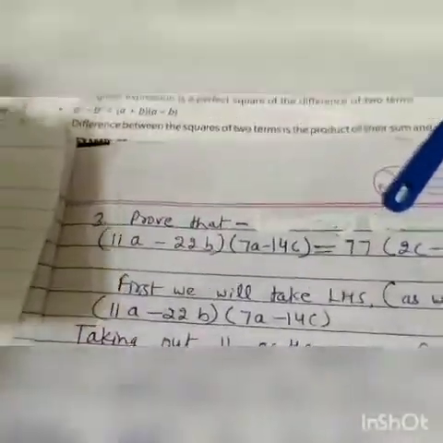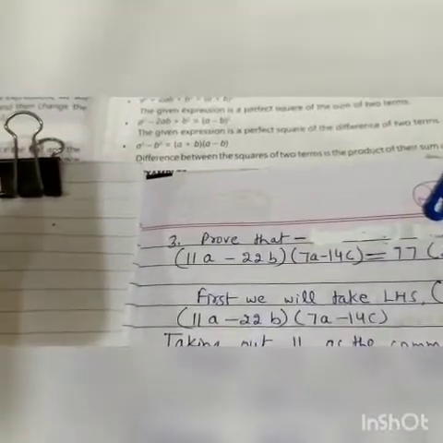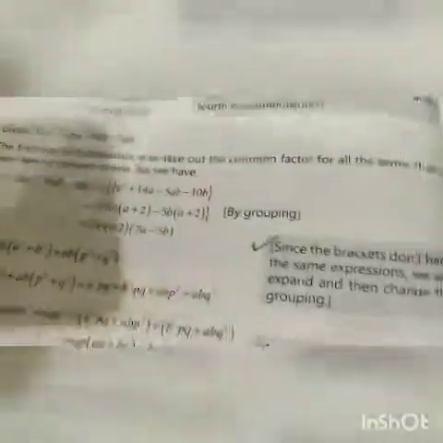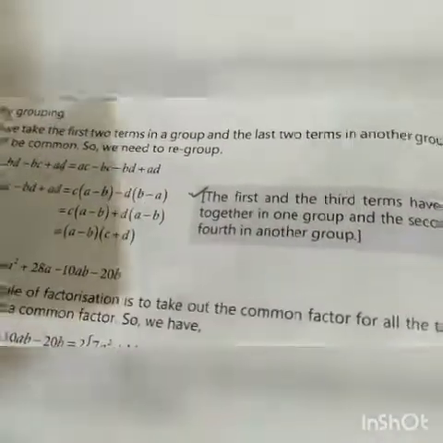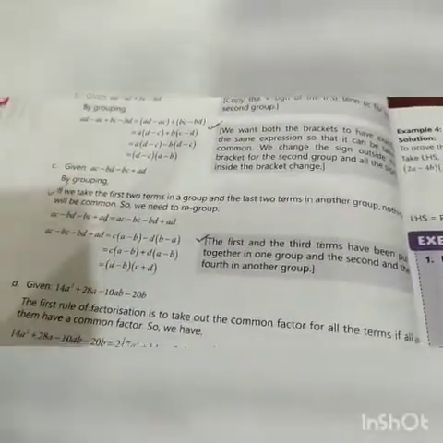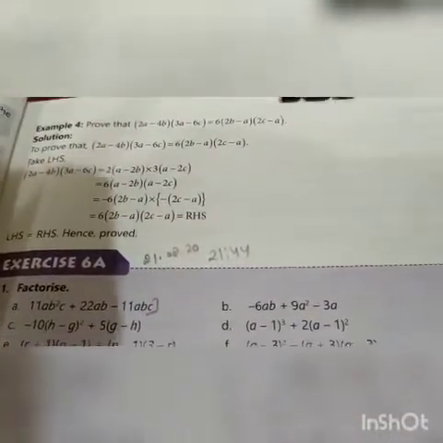So today we have finished exercise 6a. Now you can go through the examples of example 3. This one page, that is page number 94. You can go through these examples yourself. Now you will be able to understand these examples, because in these examples third method is applied. See here also. You have to go through these examples. Do not leave it.